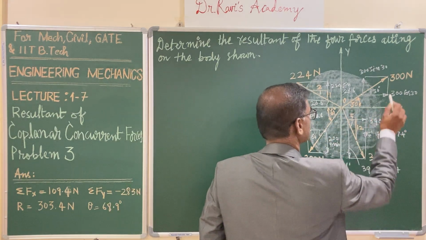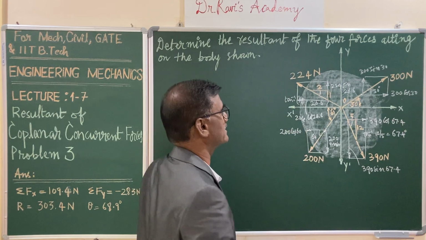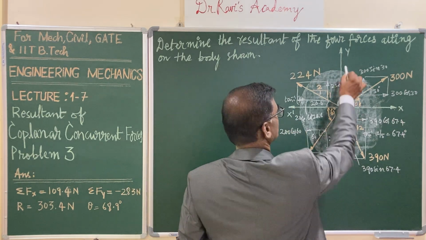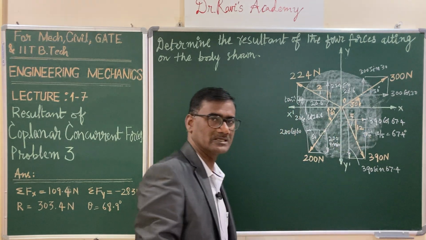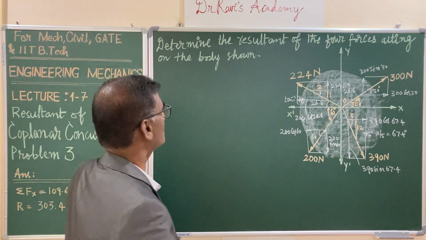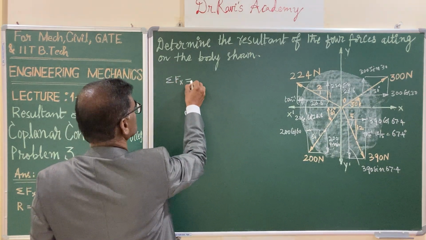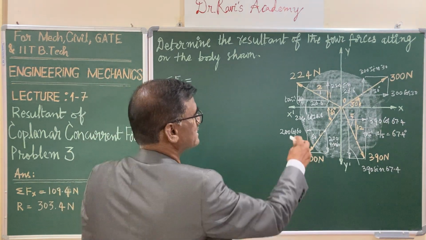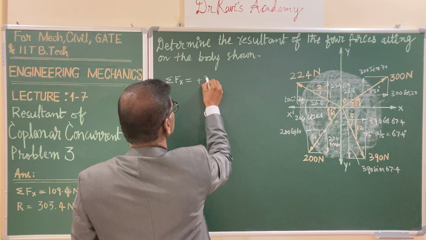is pointing toward the x direction are positive and x prime direction are negative. Similarly, a force is pointing in the y direction are positive and pointing in y prime direction are negative. So with this sign convention, let us write down sigma Fx, sum of all the forces along the x direction. So according to this, the first quadrant force is plus sign, it is 300